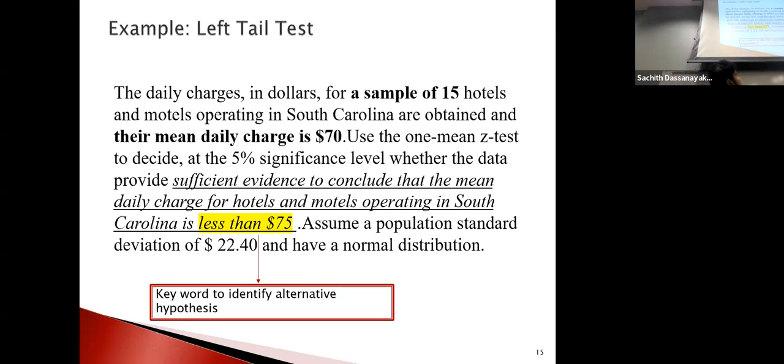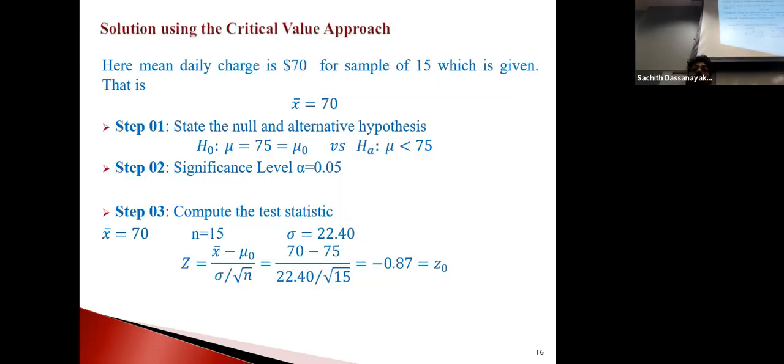Last Wednesday I was talking about the 1 V C test for hypothesis testing. This is the last one, the left tail test. I think I explained this, but I didn't go through it. Anyway, let me remind you of a few things: you can use the critical value approach or the p-value approach to do this hypothesis testing. It is your choice unless they have mentioned it.